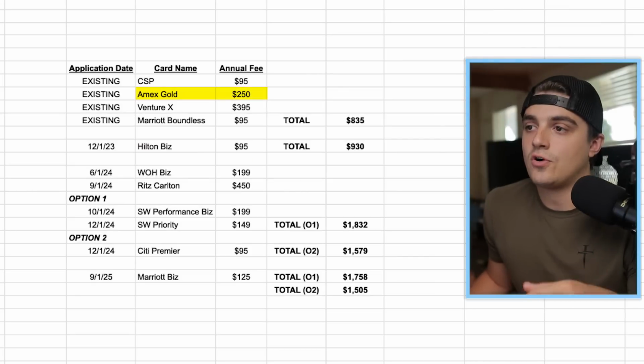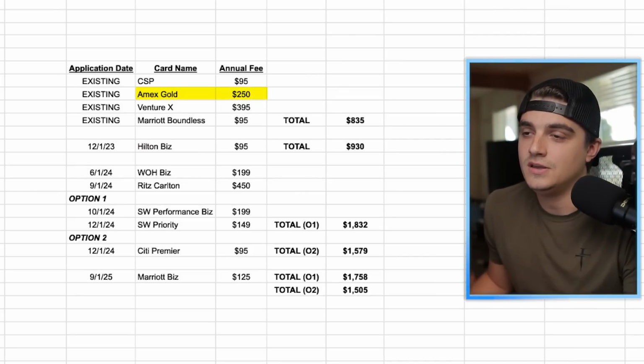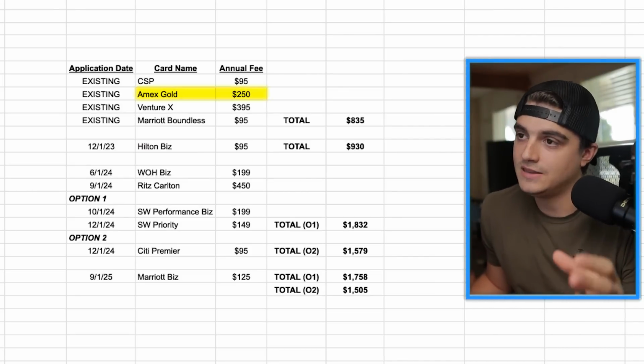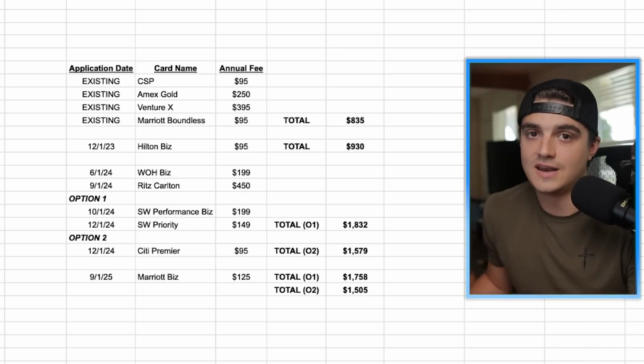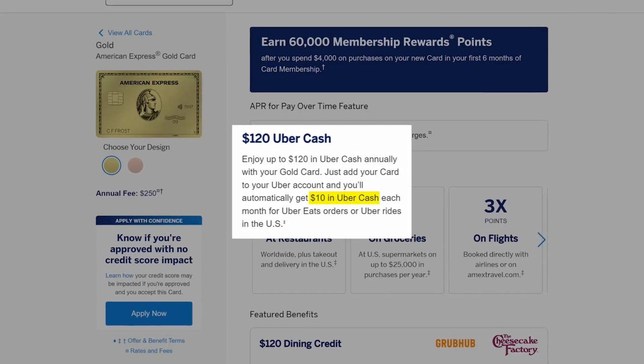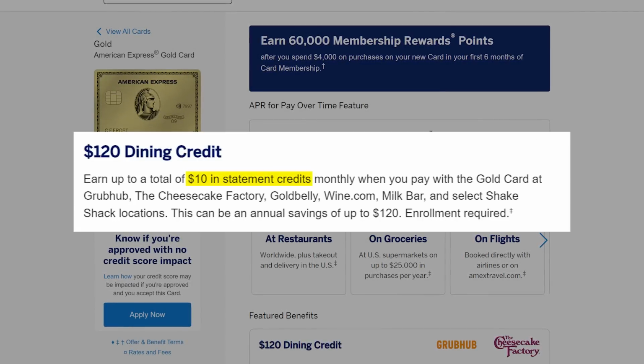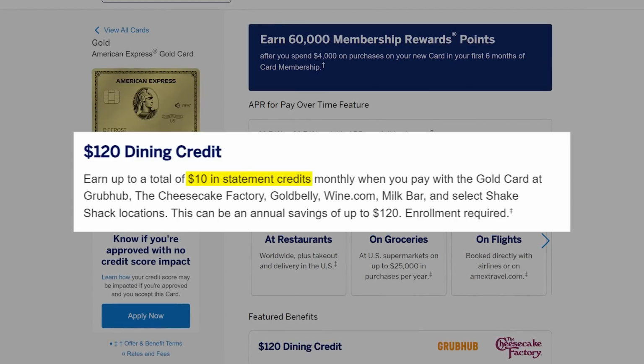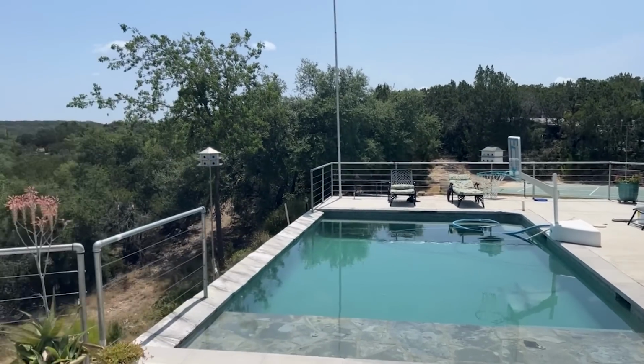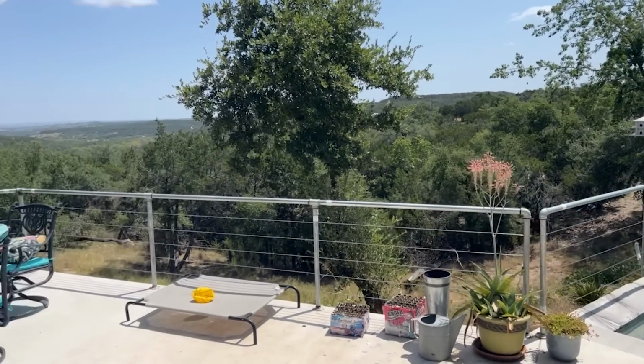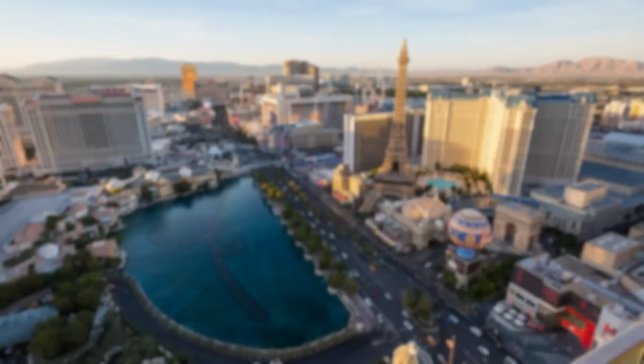As for the Amex Gold card, that $250 annual fee is honestly pretty annoying, mainly because the credits that you have to offset that annual fee are monthly credits that come at you in the form of $10 per month credit each. So you have one $10 per month credit for Uber Cash and one $10 per month credit for your dining credit. To me, those are extremely annoying to use, and especially since I moved out to the country where I'm living right now, I don't really have much opportunity to use these, except I did use them while I was in Vegas, so